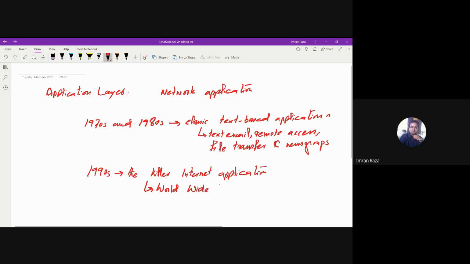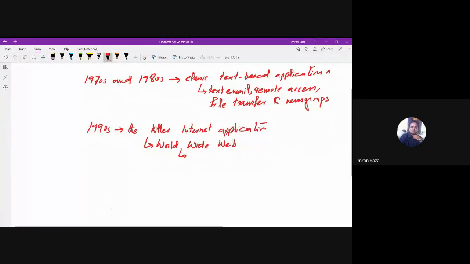This includes web surfing, search, and most importantly, electronic commerce, where we are generating a lot of business these days.